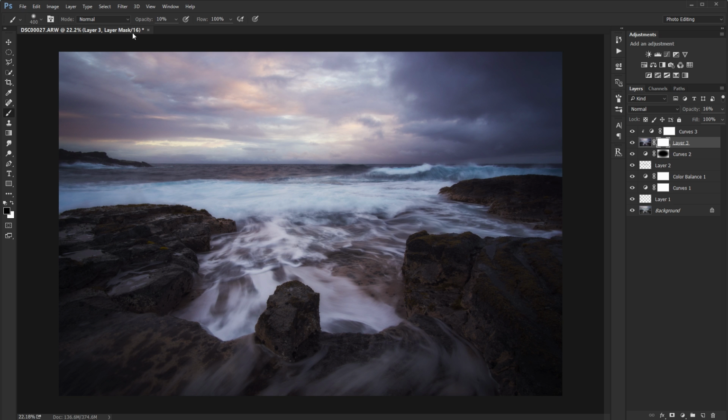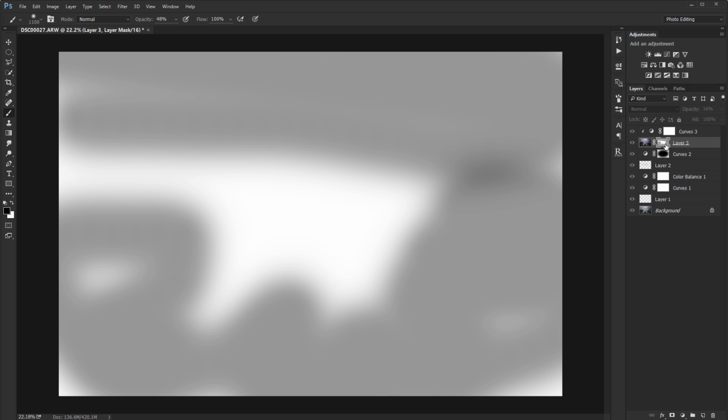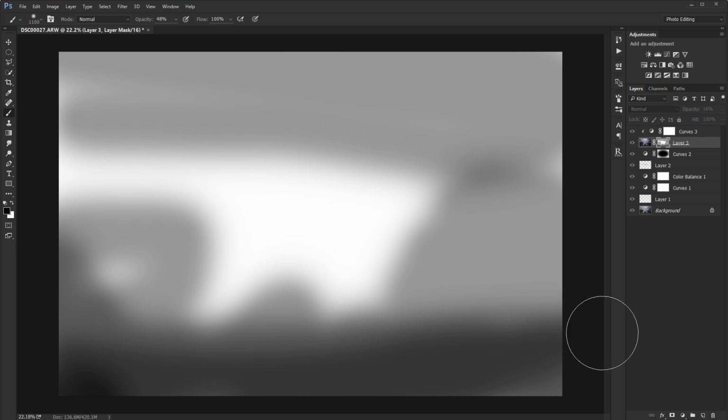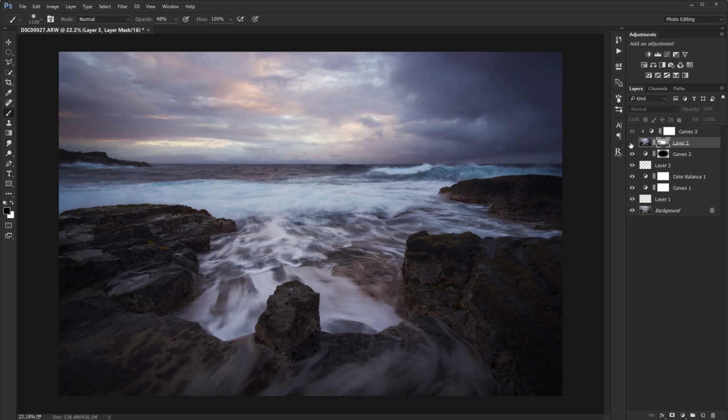Using the brush, I'm going to make the opacity around 50% using a black brush. I'm going to size it up and start painting it out of the foreground and also the clouds. If I alt click on the layer mask, I can see what it does to the image. Using a 50% brush, it's kind of creating a gray part. Now if I disable the layer mask, you can kind of see the effect. I don't know if you can see that, but there's less of a glow effect on the sky